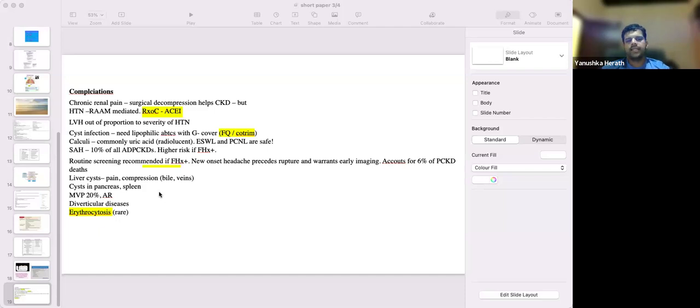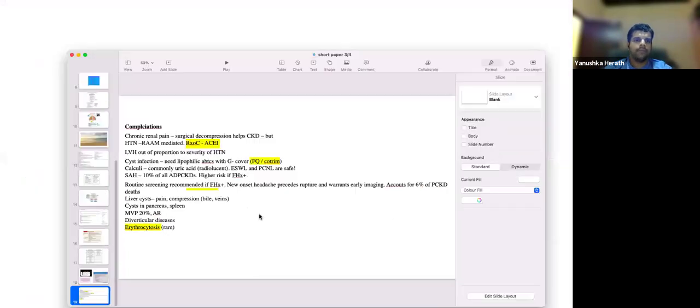Right. So polycystic kidney disease, uncontrolled blood pressure. Yes, they can have very high blood pressures. There is a theory that this is renin-angiotensin mediated. When there are polycystic kidneys, the cysts and nephrons increase and they produce more renin, so the whole system gets activated and blood pressure goes up. So their treatment of choice will obviously be ACE inhibitors. They will also have bad LVH in the heart.